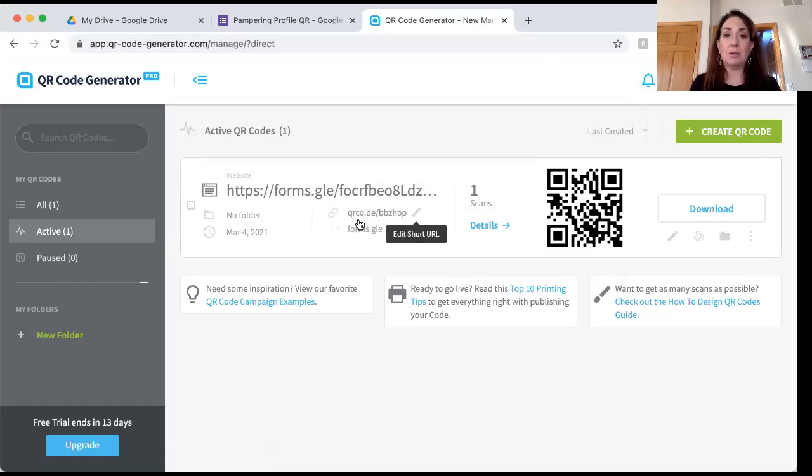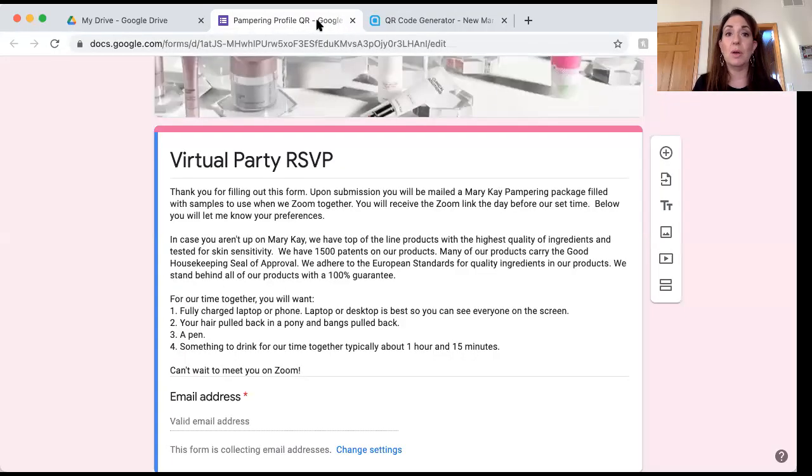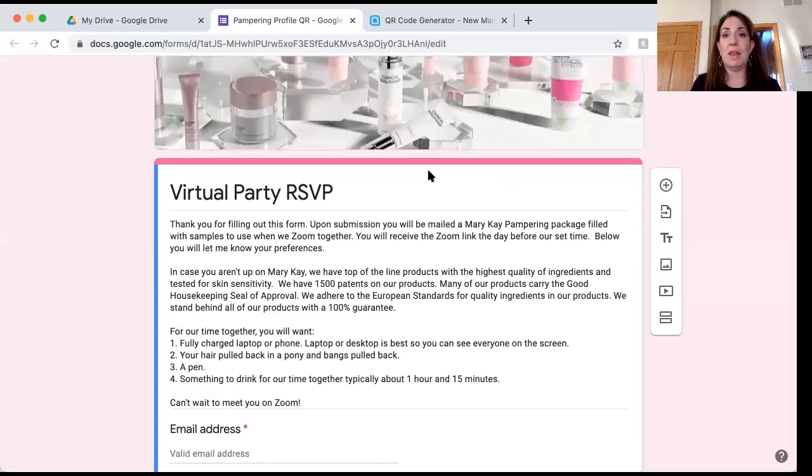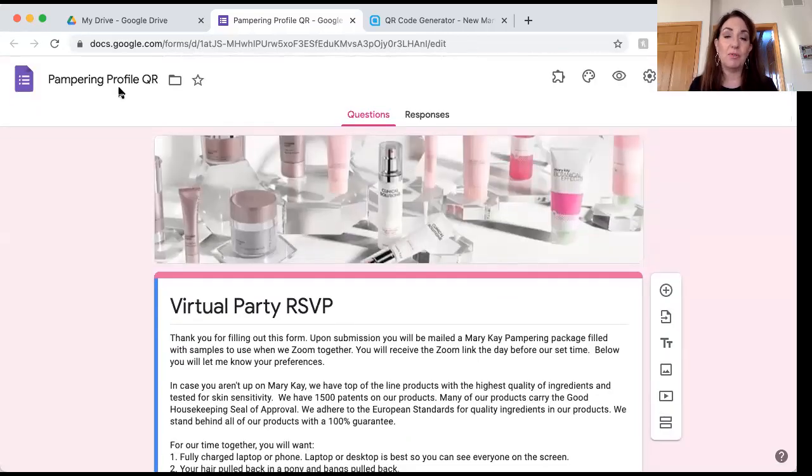And this is the one that I created yesterday for the exact purpose of what I'm going to show you. So I'm just going to duplicate this process for you. So if I'm in QR code generator, and then I'm going to go back to my Google Drive to be able to go and pull up the Google form that I created. So I called it my Pampering Profile QR so that I know that this is the one that I want